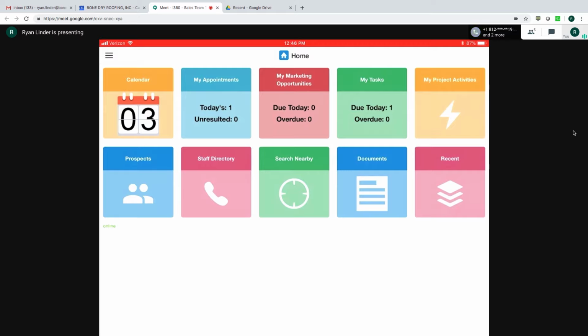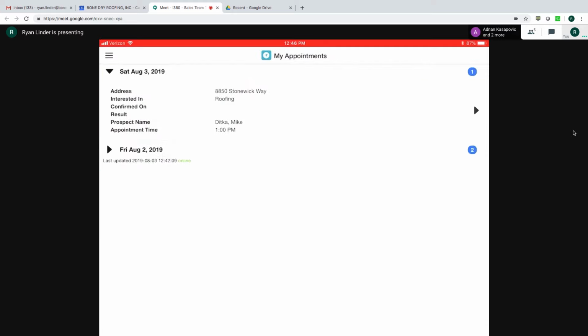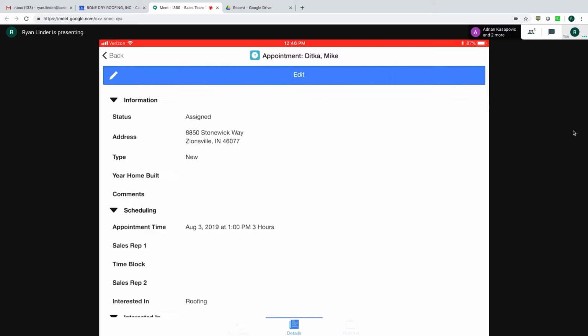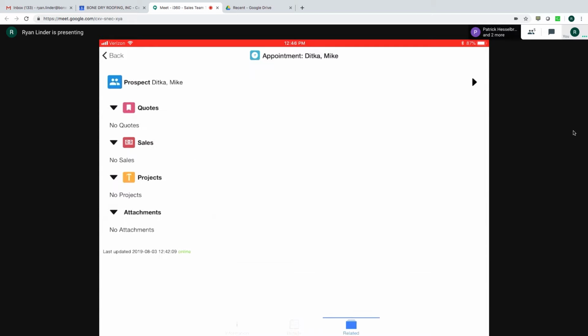So I'm going to click My Appointments. It's going to show up again here that I have Saturday, August 3rd, today at 1 o'clock, an appointment, and I'm going to click on it, and it's going to take me to my appointment page. So on my appointment page here, there's 3 tabs at the bottom for information, details, and related. The related is going to show